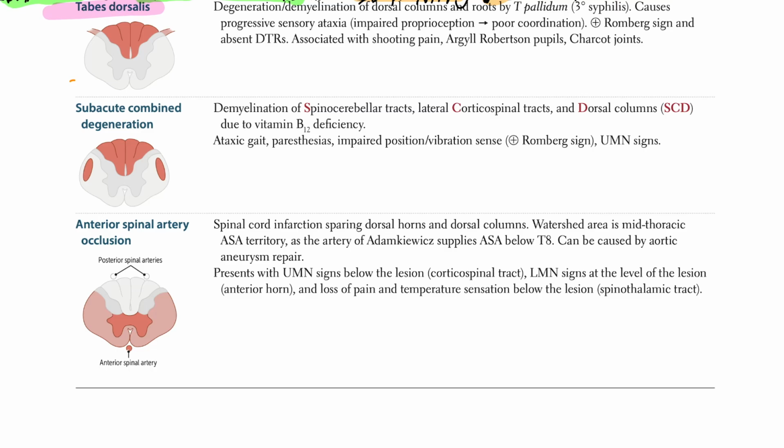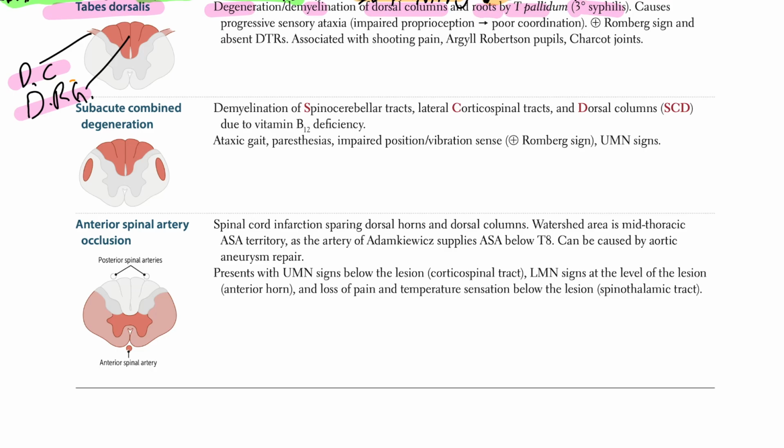Okay, now let's talk about tabes dorsalis. Tabes dorsalis is affecting the dorsal column and it's affecting the dorsal root ganglia, right? So, let's read now. There's a degeneration, demyelination of dorsal columns and the roots by Treponema pallidum in tertiary syphilis. So again, we're saying there is a demyelination, degeneration of dorsal column and the ganglia and the roots, dorsal root